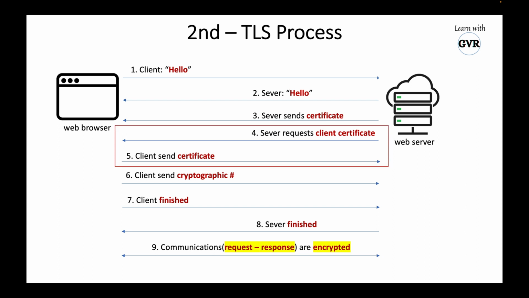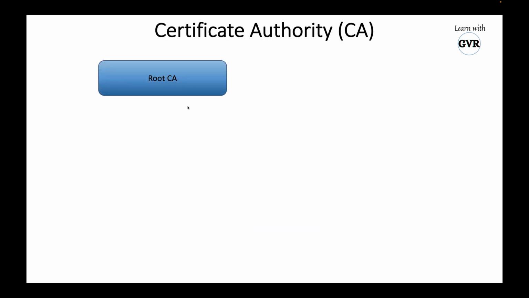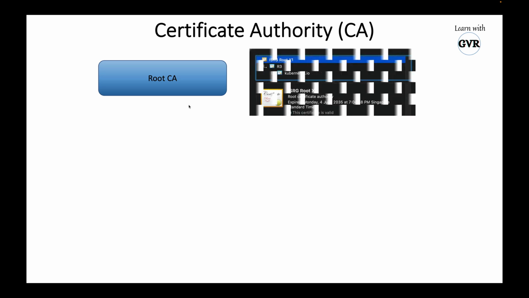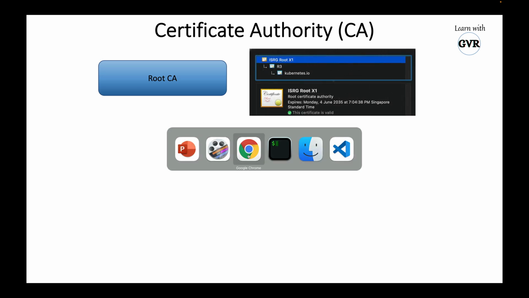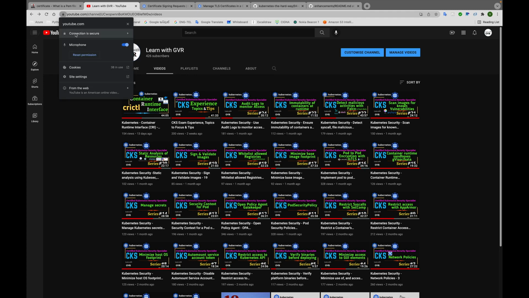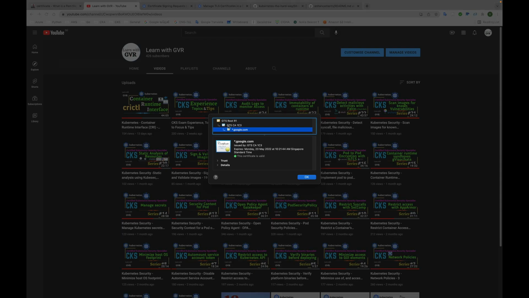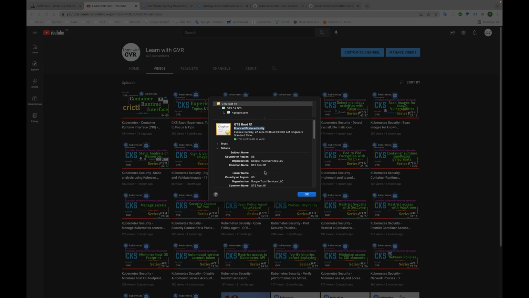Now next is the certificate authority, right? In the first step we have seen it. From the certificate authority point of view, there will be a root CA. Say if you go to the browser, say this is my YouTube, and I open my certificate. So this is a root CA. Who is the root CA given by? If you look at the details, it is issued by Google Trust LLC,